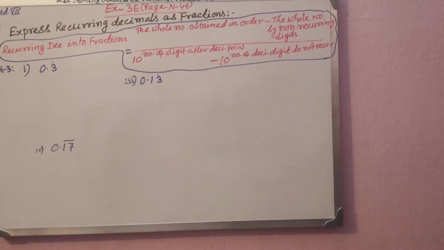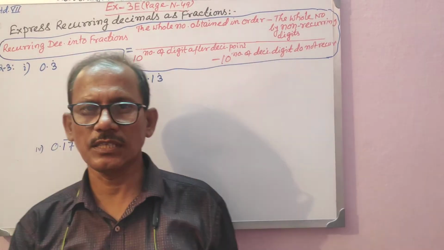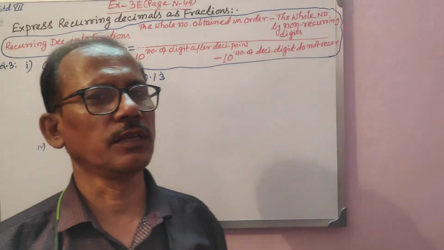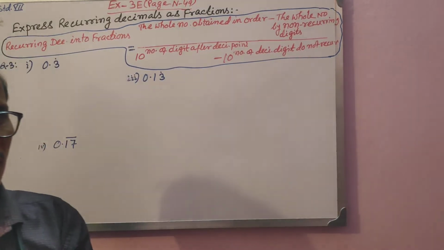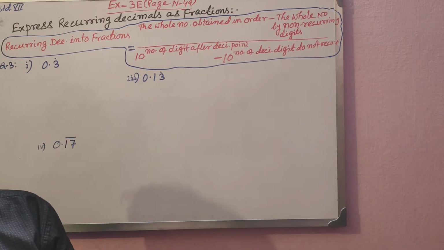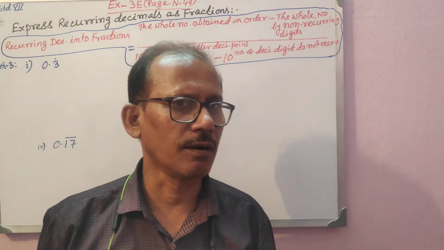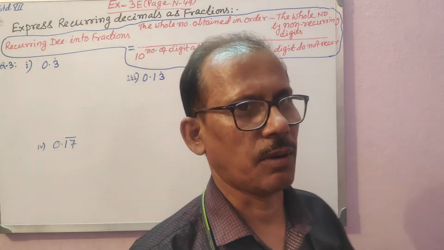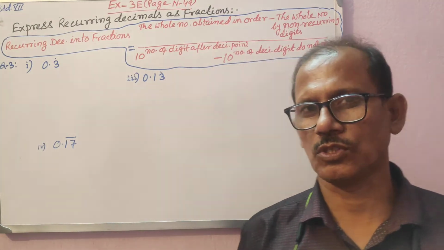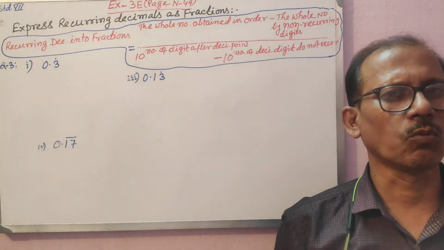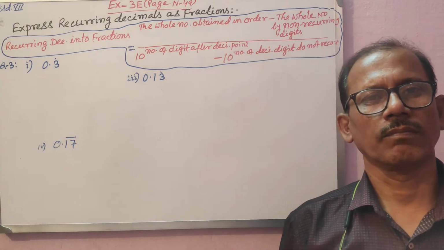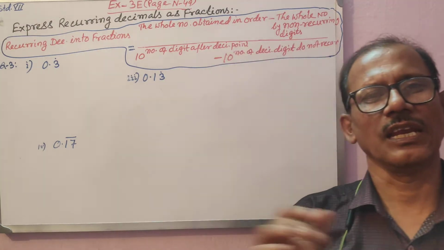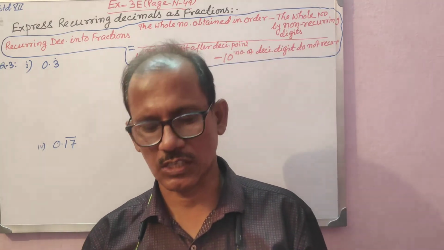Okay, students, the most important aspect of today's lesson is how you will convert a recurring decimal into a fraction. See, children, what is given in your book, no? That way, if you don't solve it, if you learn a formula by heart, then it will be very easy and it won't take much time. I will advise you and teach you in that procedure only. You need to remember one formula through which a recurring decimal can be very nicely converted into a fraction.